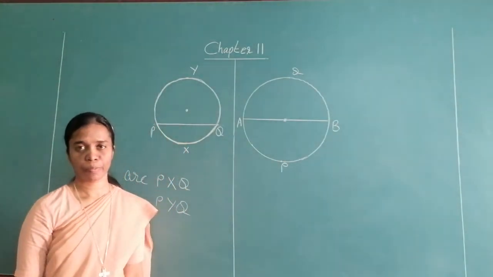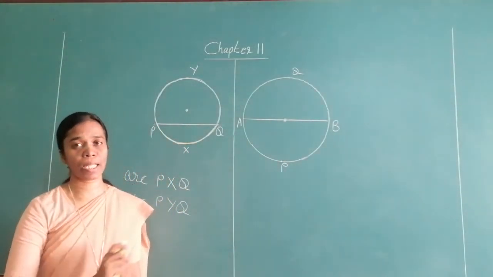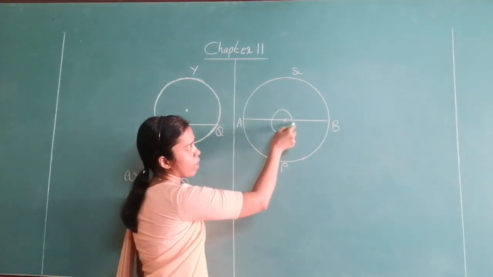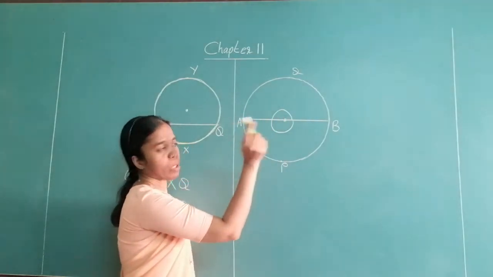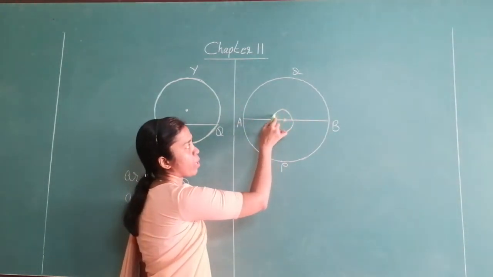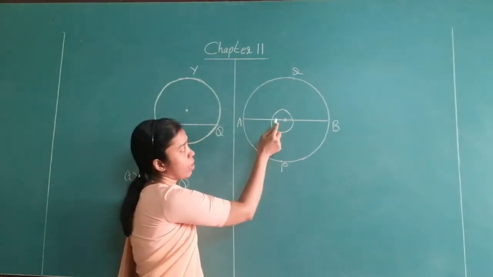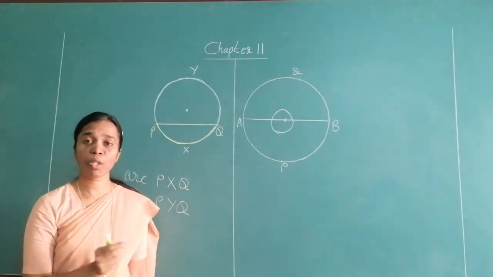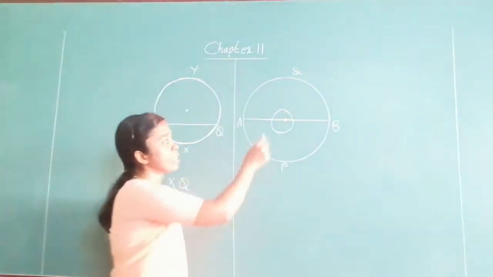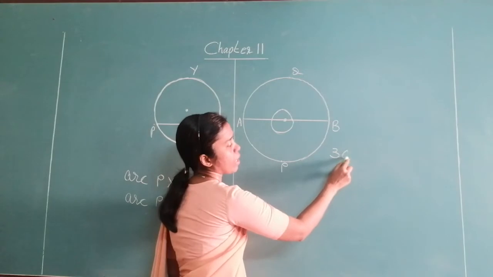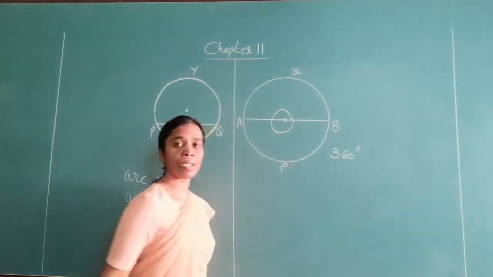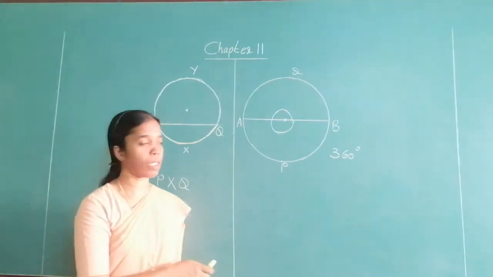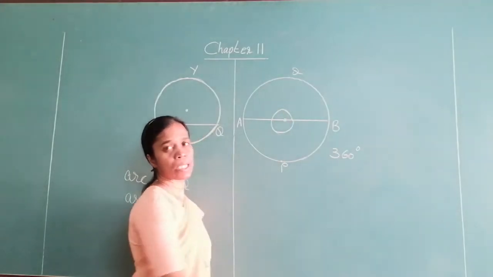We have to look for the angle that is created over here. Now for a circle, what is the central angle? The circle starts from here and comes till here. If you take a protractor and measure, you will know that from here to here is 180 degrees. From here to here is again 180 degrees. So what is the measure of a circle? The circle measure is 360 degrees. Degree is the unit of angle. So for a circle we have 360 degrees.